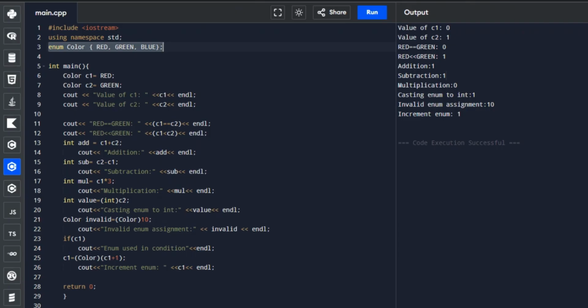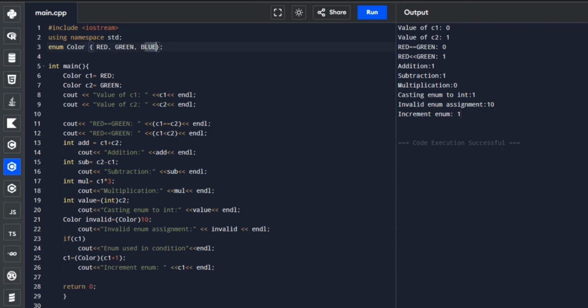In this program, the enumeration name is Color. It contains three constants, which are red, green, and blue, automatically assigned integer values starting from 0. Meaning to say, red equals 0, green equals 1, and blue equals 2.